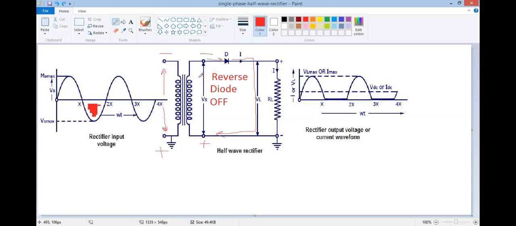Getting it? So this is the working principle of half wave rectifier. Means we are having two half cycles at the input. One is positive, one is negative. But out of both half cycles, it is rectifying only the positive half cycle. Negative half cycle rectify होत नाही. म्हणजे पूर्ण वेव्ह पैकी अर्धी वेव्हच रेक्टिफाय झाली, म्हणून याला म्हणतात हाफ वेव्ह रेक्टिफायर. तर ती कशी रेक्टिफाय झाली, एकच डायोड कनेक्टेड होता, पॉझिटिव्ह हाफ सायकल मध्येच त्यातून करंट जात होता, निगेटिव्ह हाफ सायकल मध्ये त्यातून करंट जात नाही, म्हणून त्याला म्हणतो आपण हाफ वेव्ह रेक्टिफायर. We are calling it a half wave rectifier.